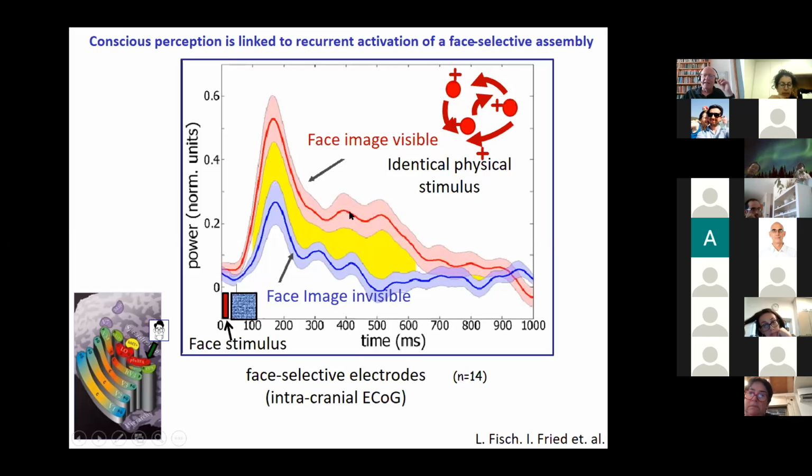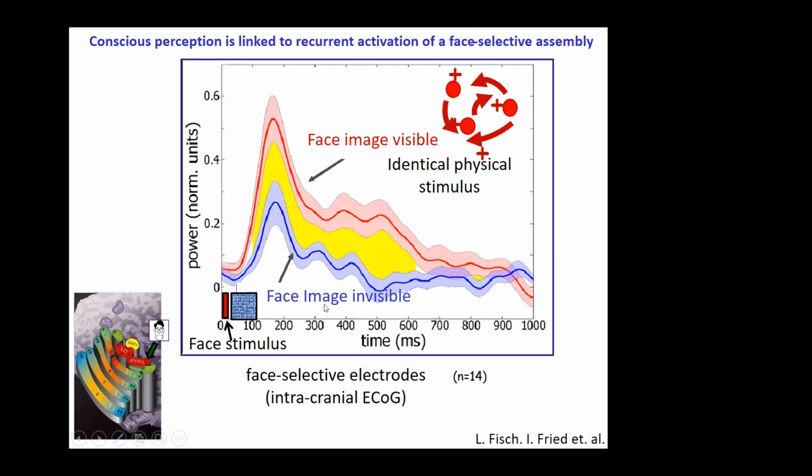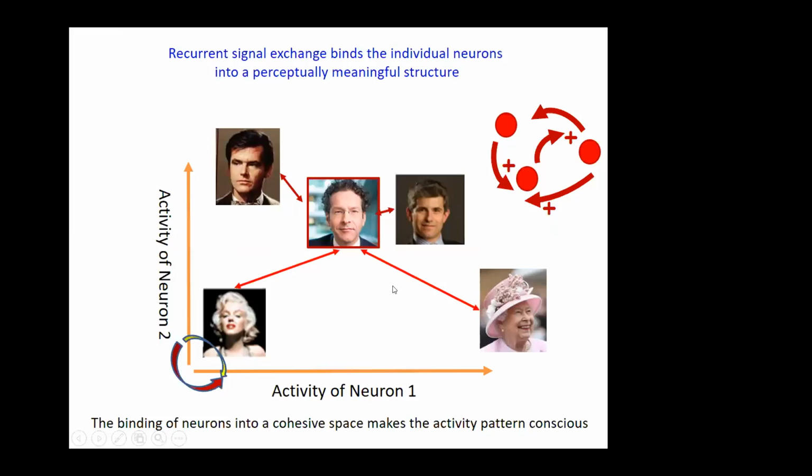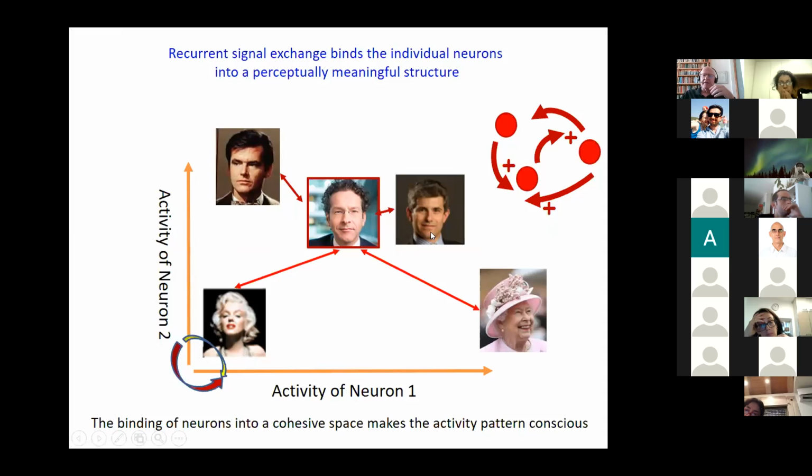And notice that this difference between reverberation and non-reverberation is the differential aspect between seeing the face and not seeing the face. So what I would like to propose to bind these two ideas is that the mechanism that joins all the neurons that are participating in making this face appear in our mind are bound into a coherent pattern or coherent